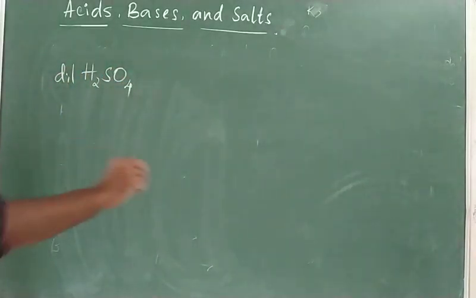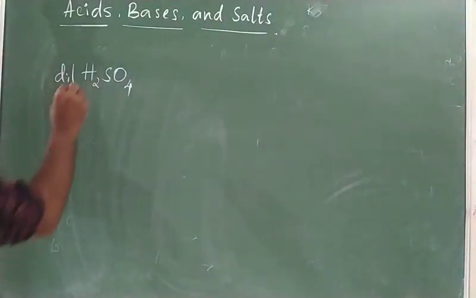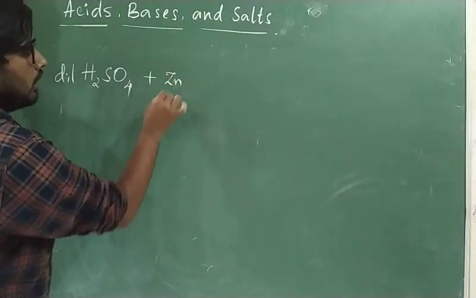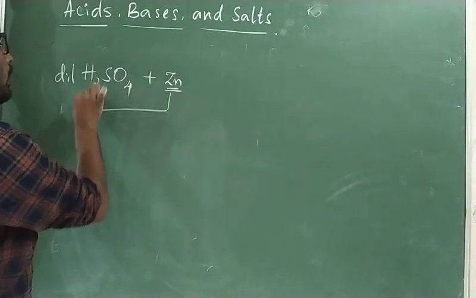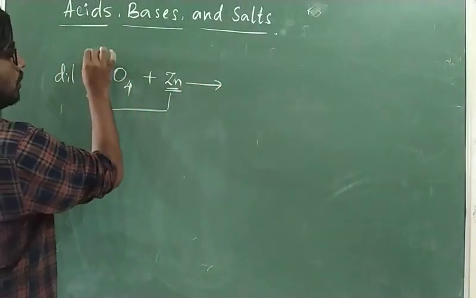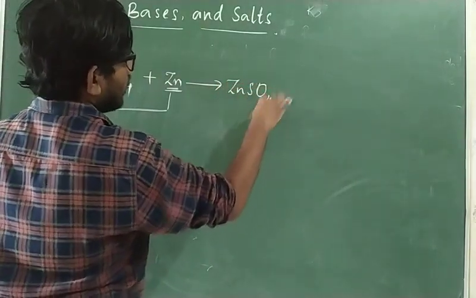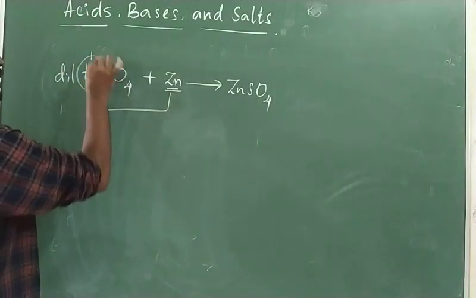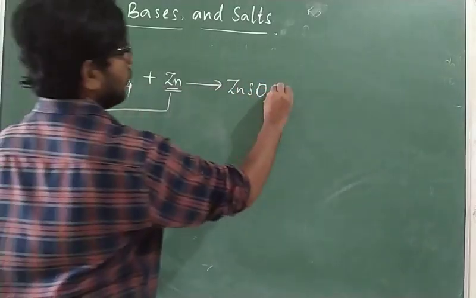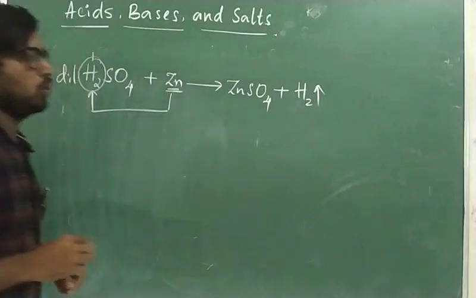You can ask the question, will concentrated acid react or not? It will react, but it will produce a different substance instead of what we actually want. When we are adding zinc, zinc is more reactive than hydrogen. So what will it do? It will produce hydrogen gas, plus zinc sulfate. Zinc will occupy the place of hydrogen. Hydrogen, being weaker compared to zinc, will come out as a gas.